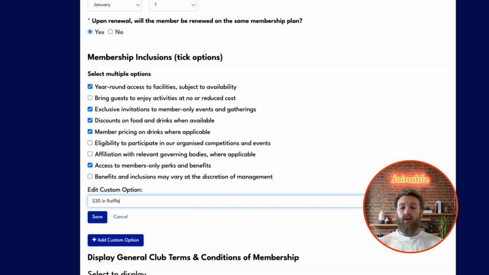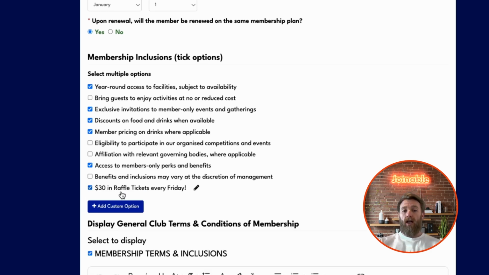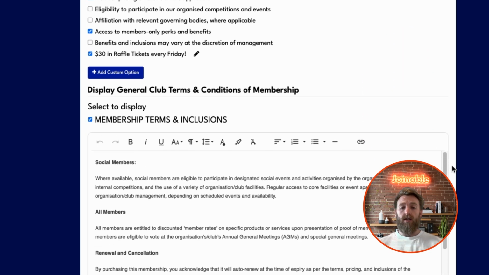So the inclusion of this one's actually that we give each of these members $30 in raffle tickets for every Friday raffle. So it costs a bit more than the average social membership, but for that reason we try and get them in every weekend and keep them coming back. So that's what we've organised here. Okay, so with that all organised of what's included in the membership and how it's structured and set to renew,